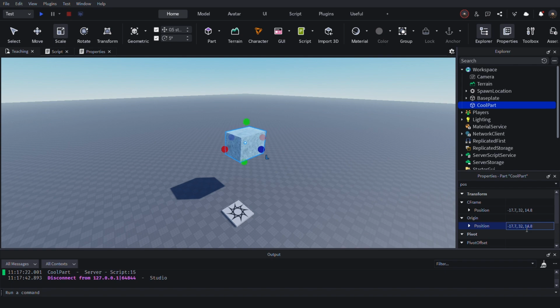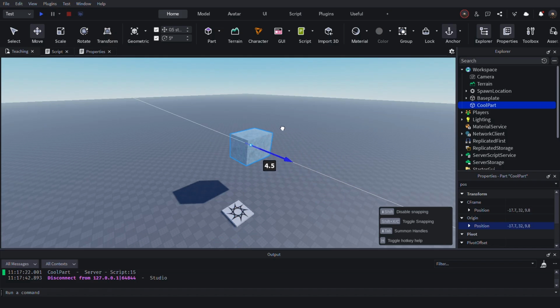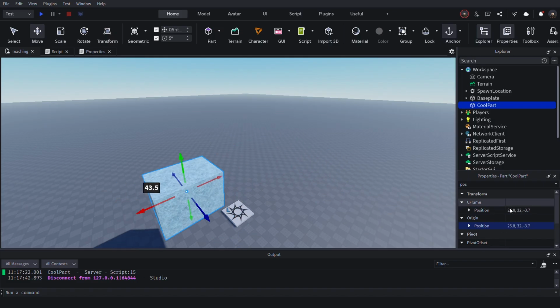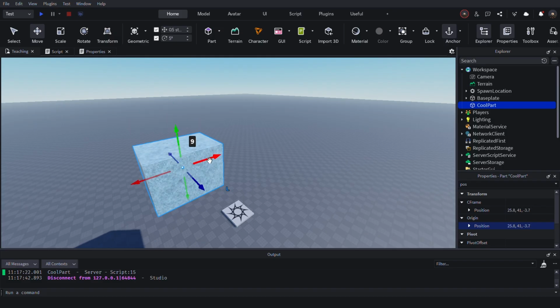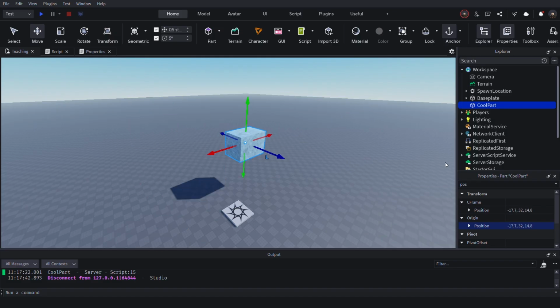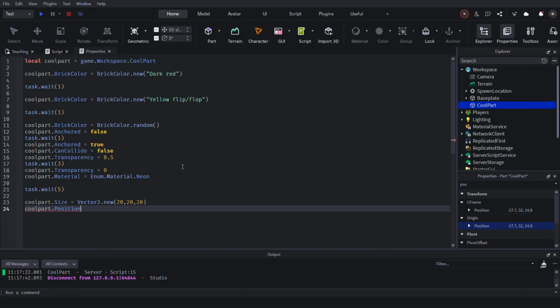In the world, we have your X, Y, and Z axis. So we can go this way, and as you can see, the value changes when I do that. Or this way, the value also changes when I do that. Or up like this. Anyways, I'm going to do Control Z because that undoes stuff. And then if I come back here, I can just set its position equal to vector 3 dot new, and then I can set it to, I don't know,